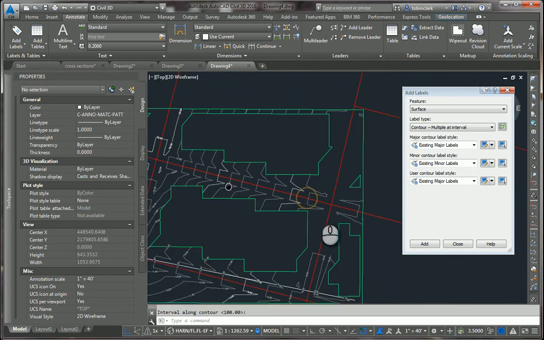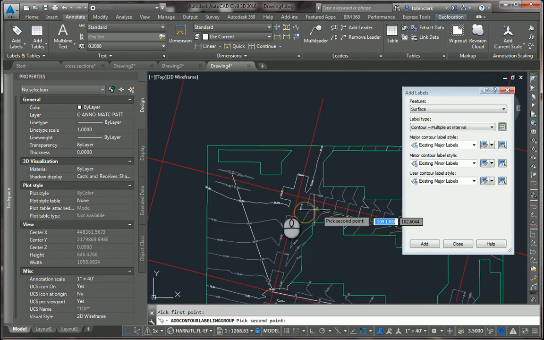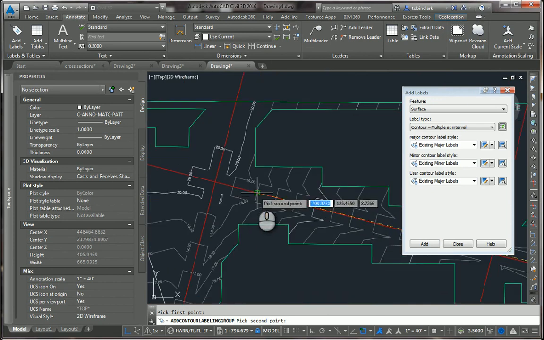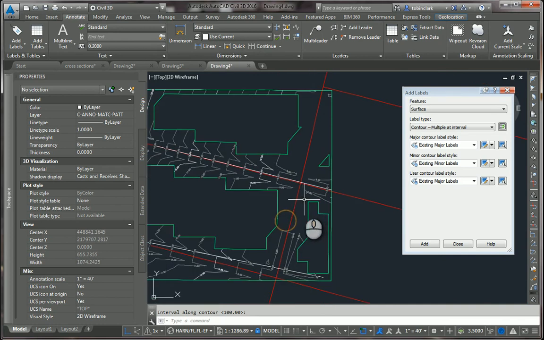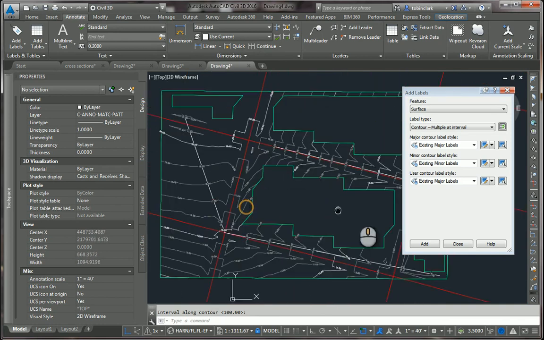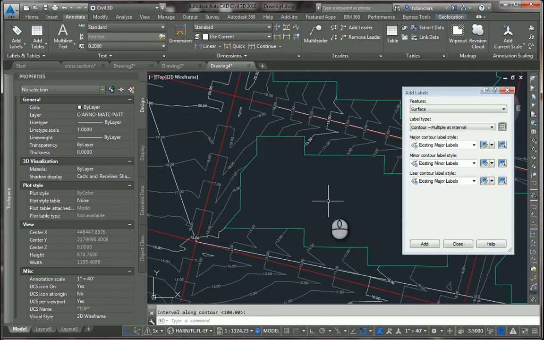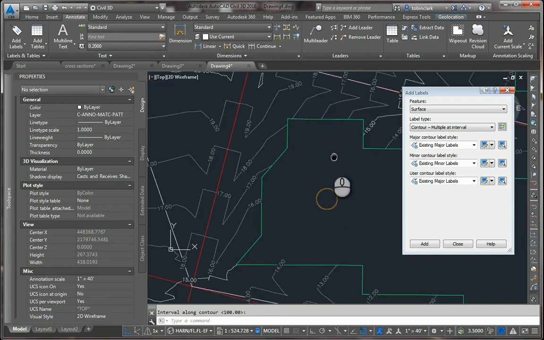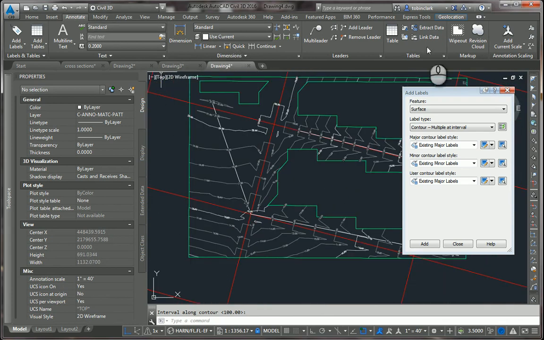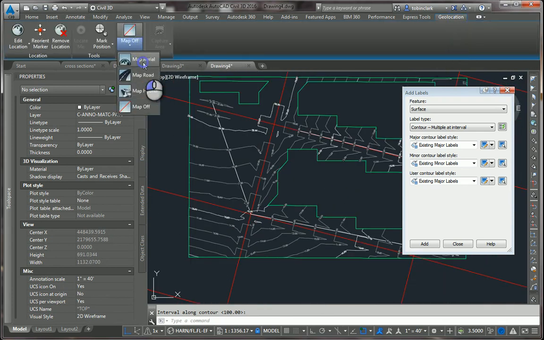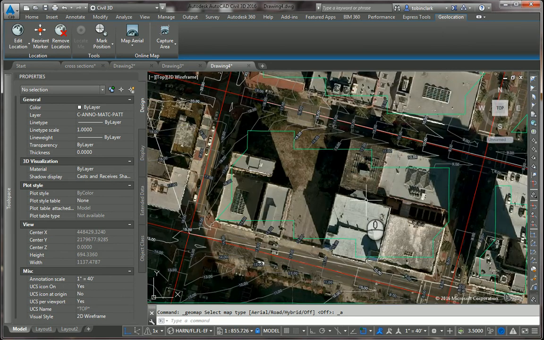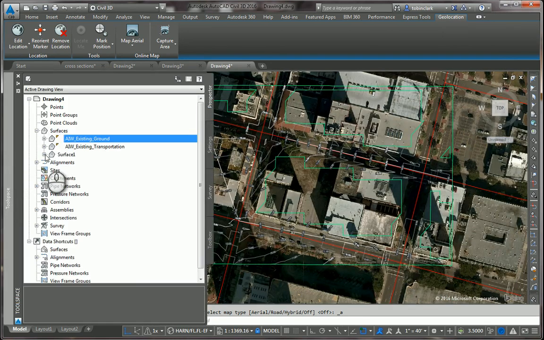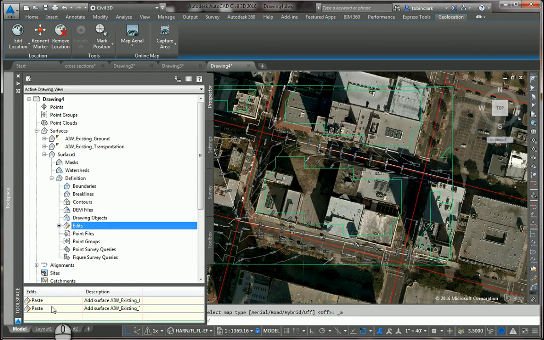We do another one on this road, just to here though. So that kind of shows us our elevations and what we're working on. See these big gaps in our surface? Those are probably buildings. We'll have to turn the map on to take a look and see. No, they're just big gaps in our data. So it looks like when we pasted the surfaces, yeah, I pasted the